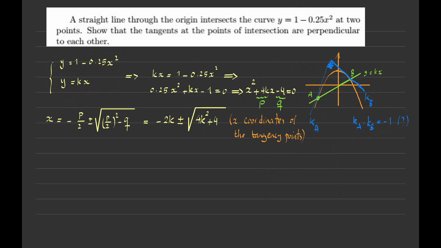Yes? Now, what I want to find are the k values. But we have the formula, so I have to take the derivative of my function. This is my function. It is extremely simple to differentiate it, yes? So what is the derivative? The derivative of 1 is 0, and then the 2 goes down, so it becomes minus a half x to the power 1. So simple as that. So it becomes minus 0.5x. Do you agree? This is the